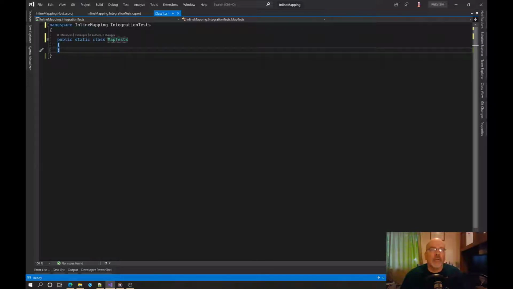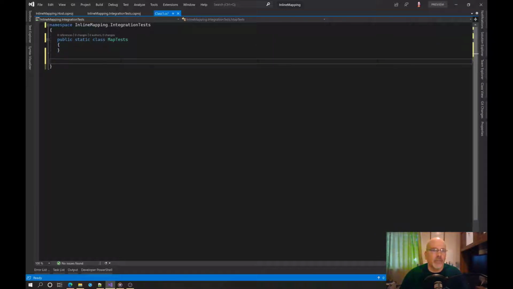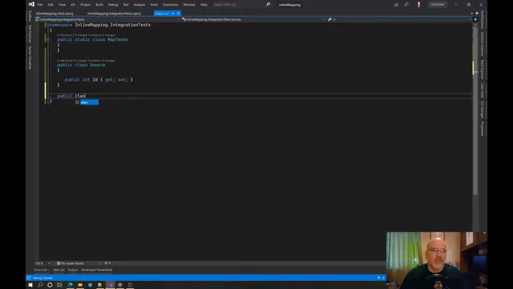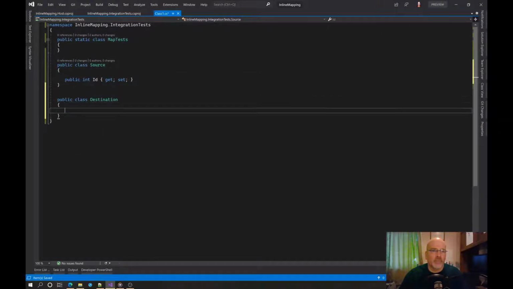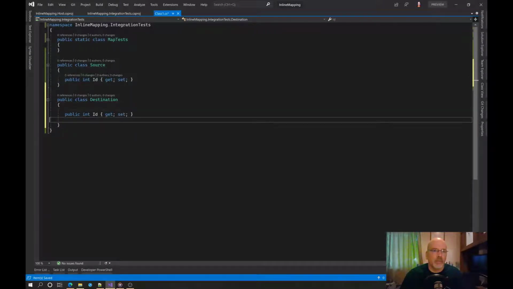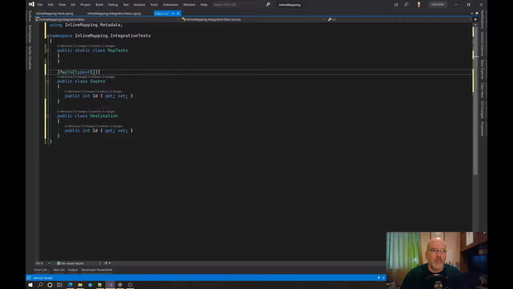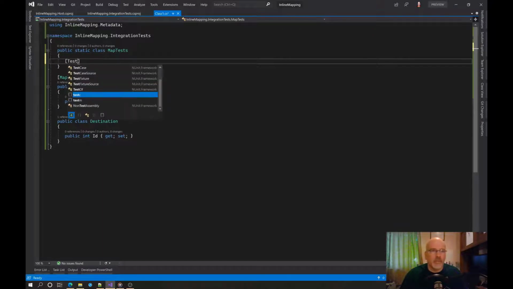And so I really don't care about what the structure of the code looks like with the using statements or anything. All I care about is if you have a public class source that has a public int ID that has a get and set, we have a public class destination where we also have the exact same property. Okay. And then if I say here map to type of destination, that I should be able to come into here and say test